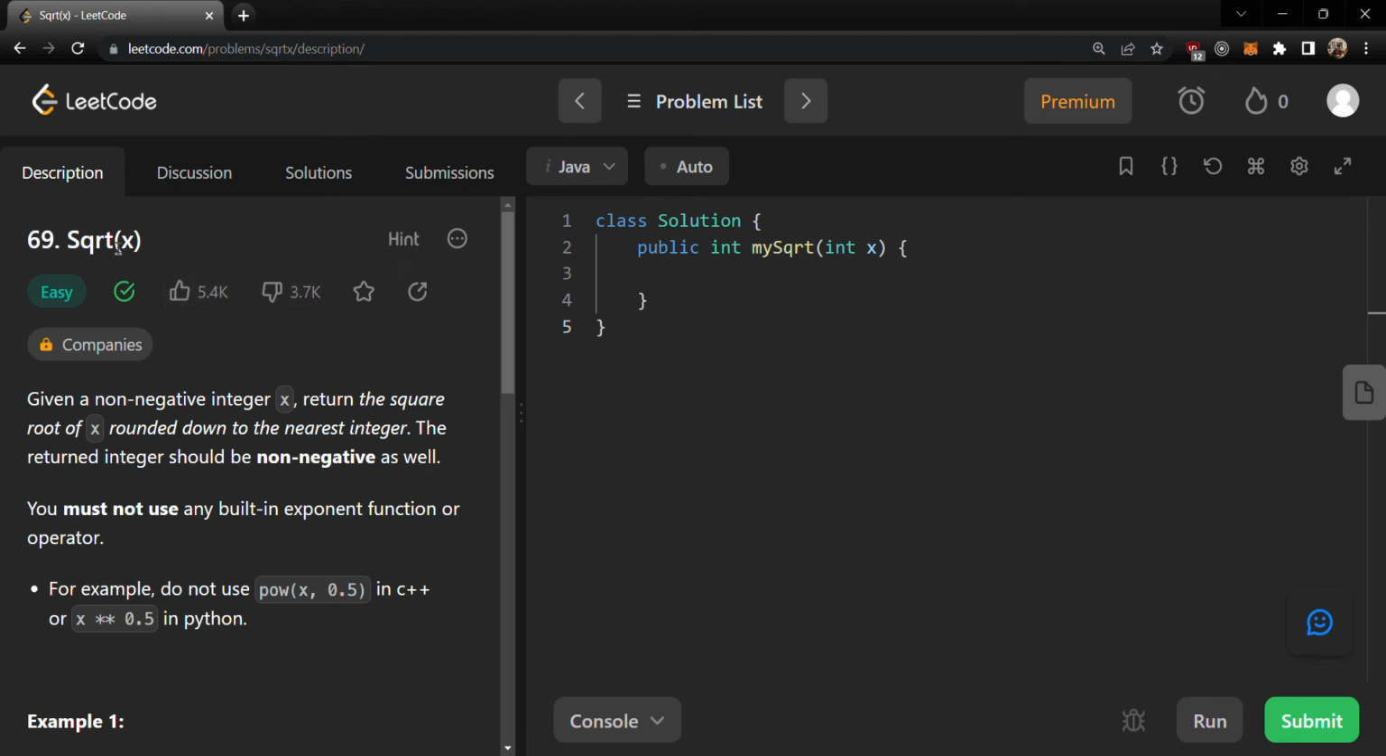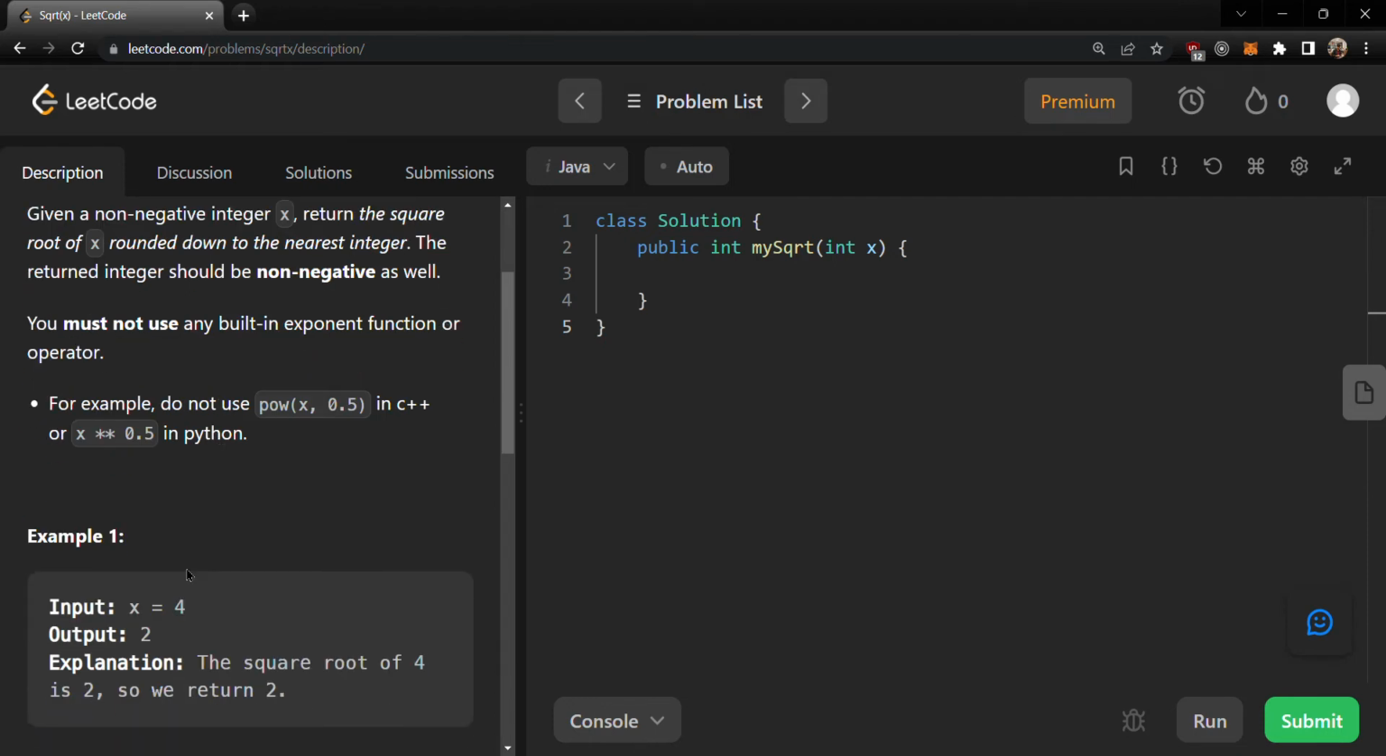Hello everyone, we are solving the square root of x problem. So we are given a positive integer x and we need to return the value of the square root of x. Let's say if we have an integer which is a perfect square, in that case we will directly